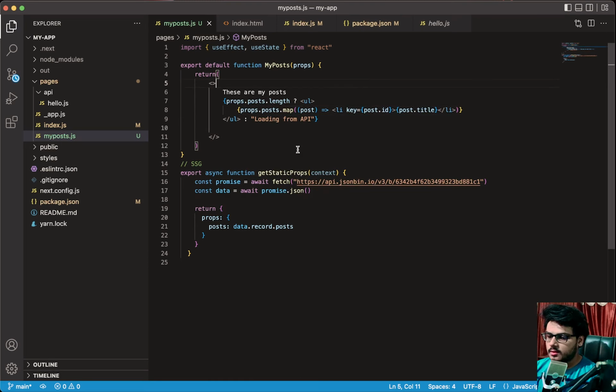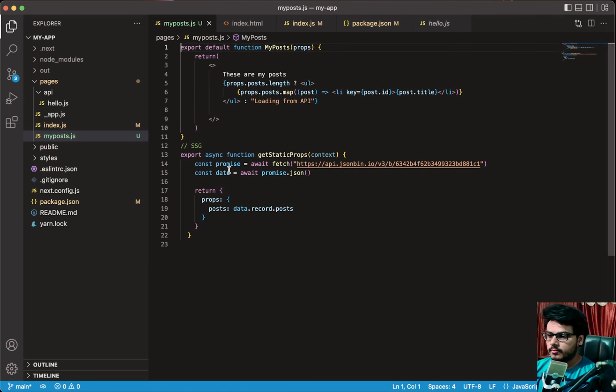Okay, so this was one thing, and let's get rid of this as well. And this is a simple basic SSG, where we have to do a next build and a next export. Now in order to make this an ISR,